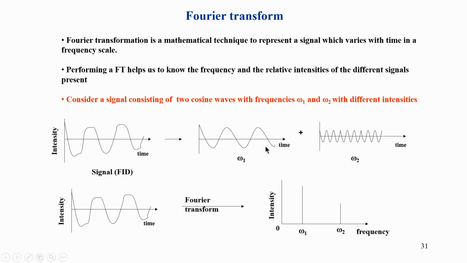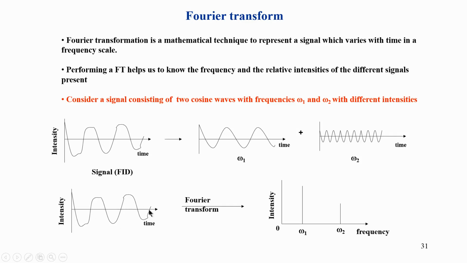Now, if I do a Fourier transform of this signal, remember I do not know these frequencies. I only have this in my hand, that is what is detected and stored in the computer, and only that can be used for Fourier transform after digitization. Remember, this is a digitized signal. Although it is shown as a continuous signal, it is not really continuous; it is a digital signal, meaning it has discrete values at every point, there are a number of points here, and the signal is taken at those points.